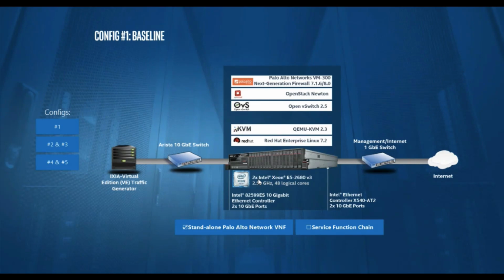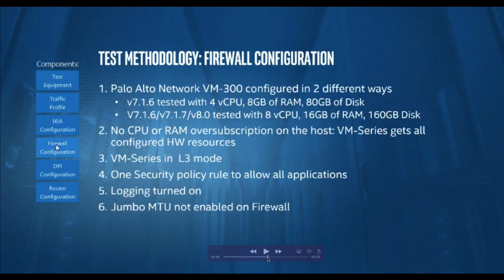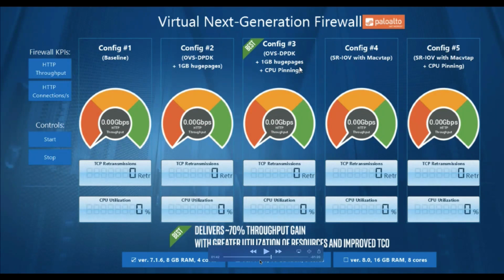And what I want to do is quickly jump to how this test compares between before enabling DPDK and after enabling DPDK. Now this test was being run, so you have 5 different configurations. Without going too much into each detail of each and every configuration, look at the middle one, the one which is marked as best. That's the best configuration purely from a virtualized next generation firewall perspective. With that configuration in place and no DPDK enabled, what you quickly see is